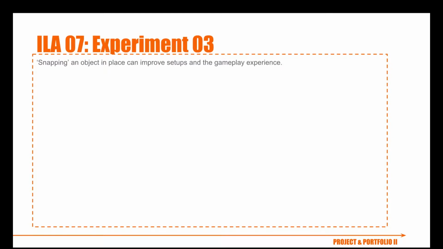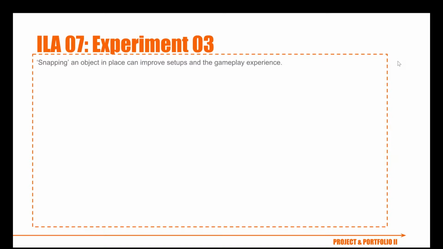Alright, so in experiment 3, we're going to start off by snapping objects into place. This can be very, very helpful when creating gameplay in Scrap, so I definitely encourage everyone to do this, no matter what your setups are. Have objects that snap in place and allow the player to solve these puzzles while giving them hints at what